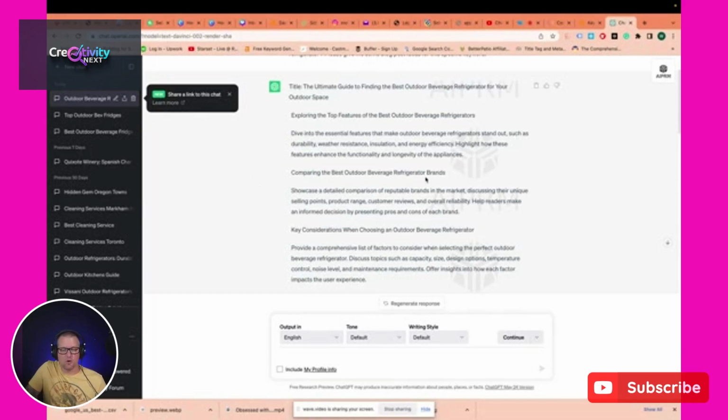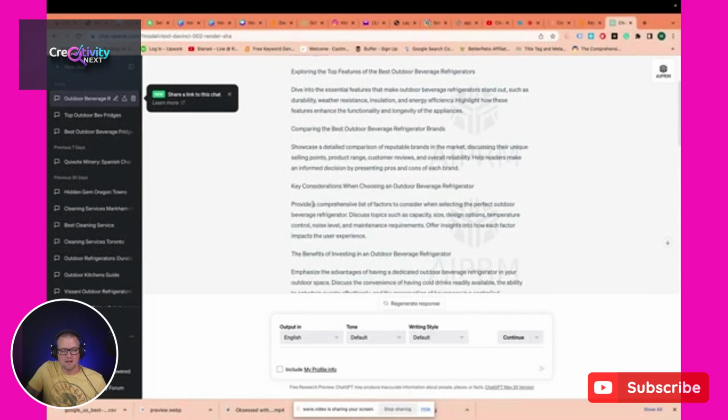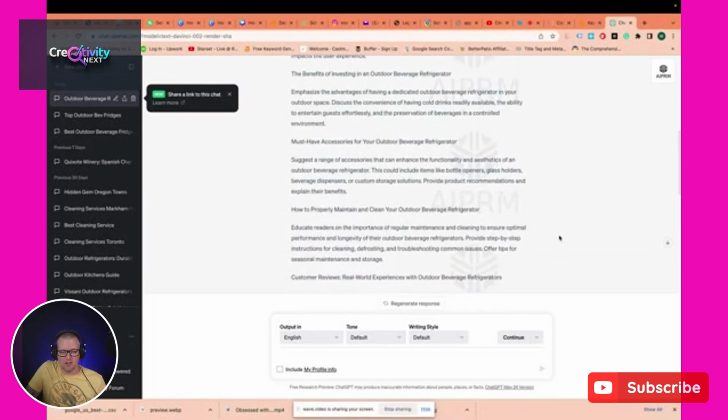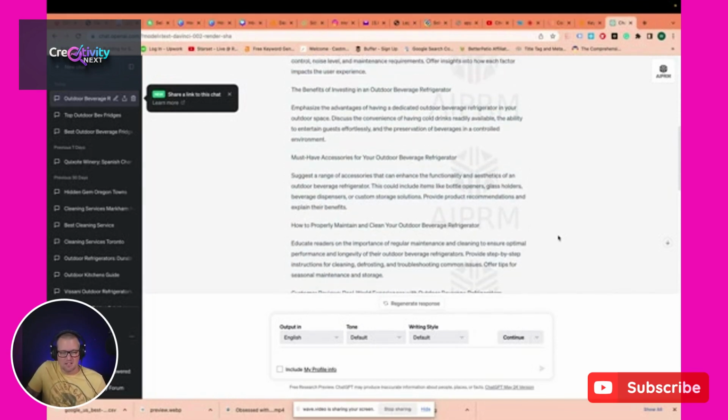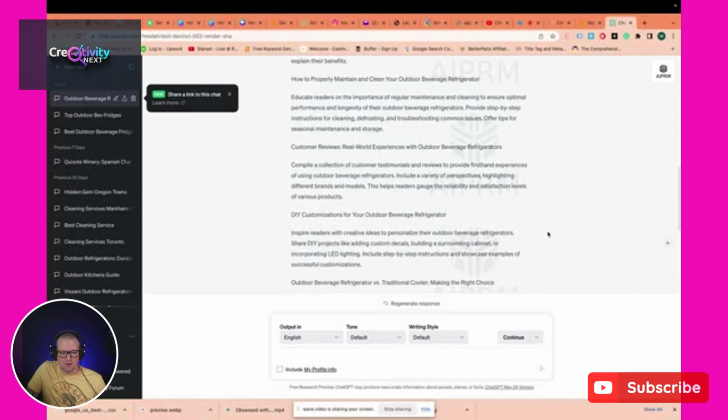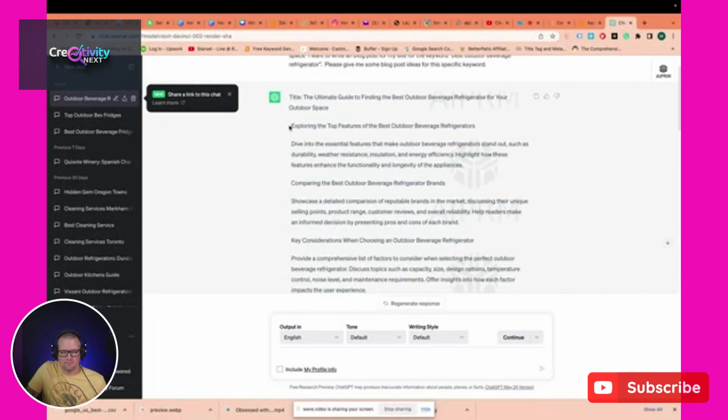Comparing the best outdoor beverage refrigerator brands, key considerations when choosing an outdoor beverage refrigerator. So you can basically just look through here, and usually that's what I do, I look through here, and these are pretty good ideas. So let me just pick one here. All right, so I'm going to use this first one, I think, which is exploring the top features of the best outdoor beverage refrigerator. So I'm going to go ahead and copy this,